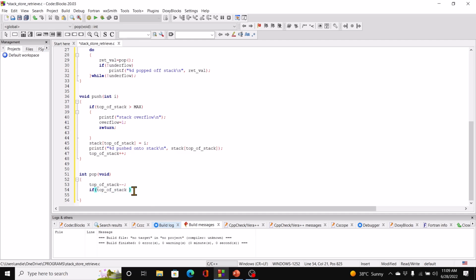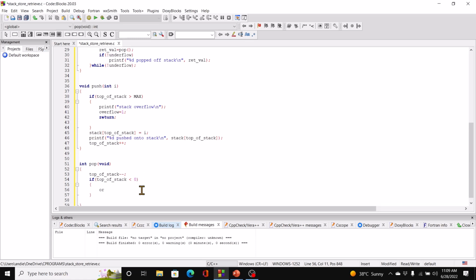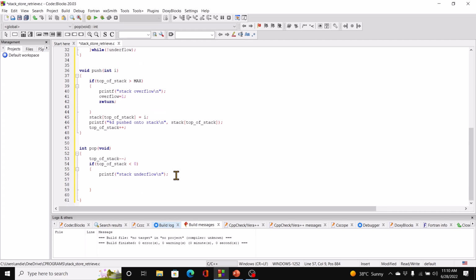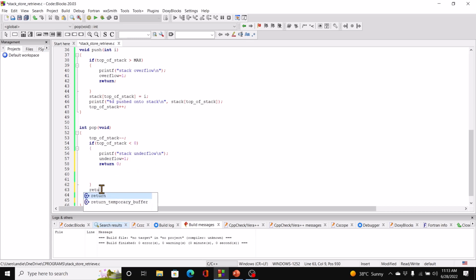And after that, we can check if top of stack less than 0, which means now there's no more values left on the stack, in which case we can print "stack underflow", right? That will be our message. There's no more values to be popped off. Change the value of underflow to true. Then let's return just a 0. Okay, otherwise we will return